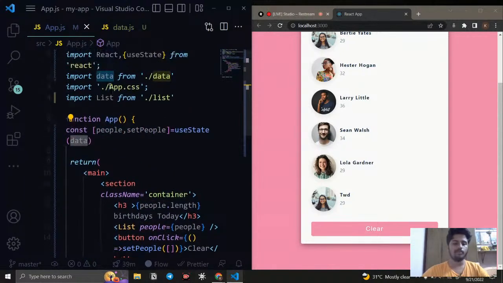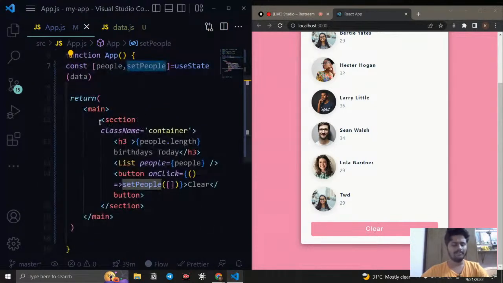So what is the value we pass? We pass the value data. So we are sending the data which we fetched from the data.js. We are sending that, and we have the setPeople. The setPeople is used to set a function. Okay, so inside that we have created